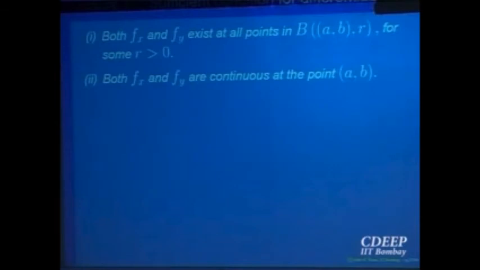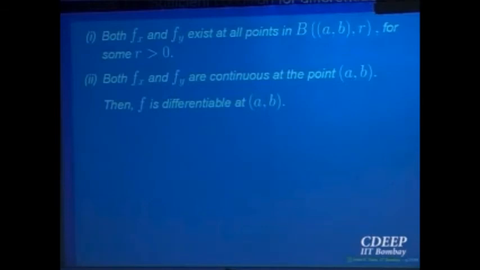But to say that both the partial derivatives exist at that point, no problem. But saying continuity at that point, we have to put an extra condition that the partial derivatives exist in a neighborhood of that point. Right? So that is condition 1, which ensures that you can talk about continuity. So if these two conditions are true, then they are sufficient to say that the function is differentiable at that point. So this is purely in terms of partial derivatives and their continuity.